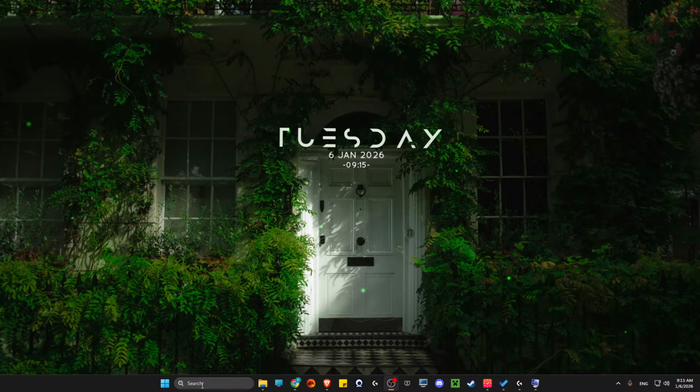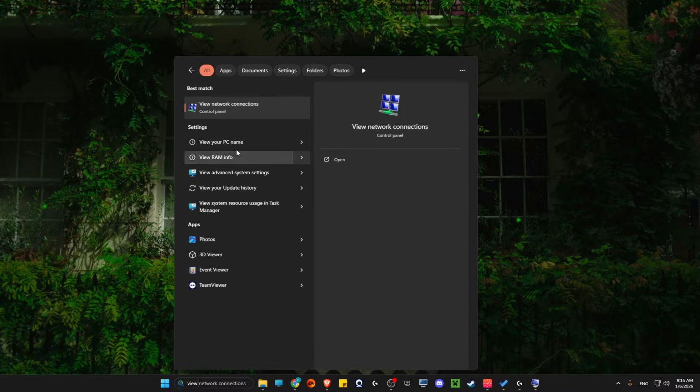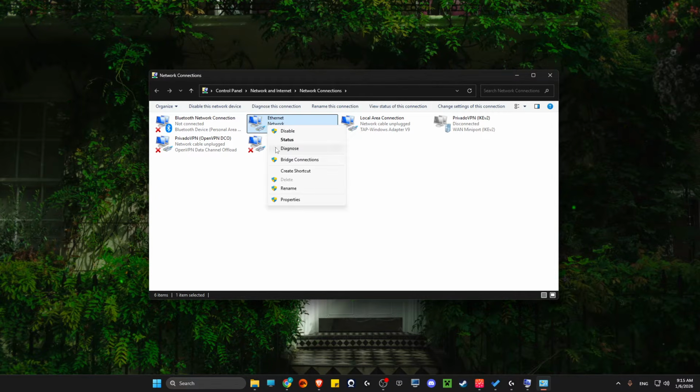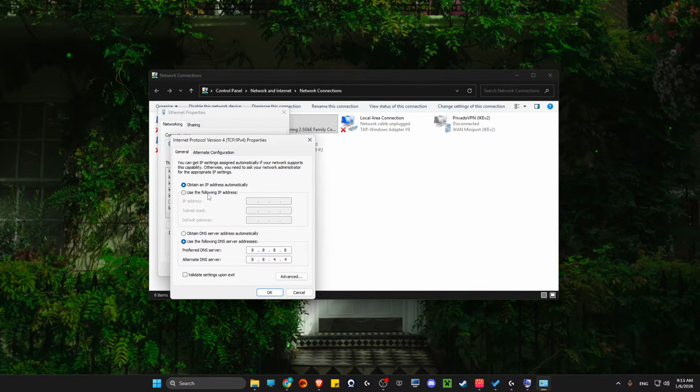First of all, what I suggest to do here is to go and search and write view network connections. Then find your internet connection, right click on it, go to properties, scroll down until you see Internet Protocol version 6 and disable this option. Then go to Internet Protocol version 4 and select use the following DNS server addresses. You can write Google DNS server: 8.8.8.8 on preferred, and on alternate